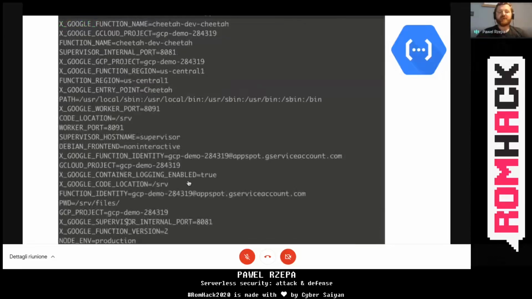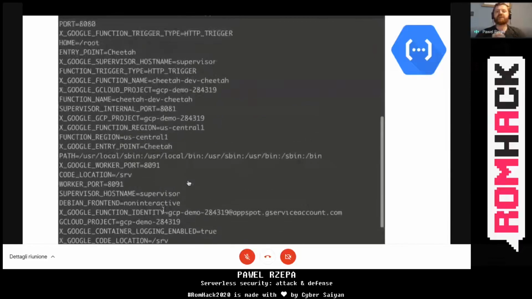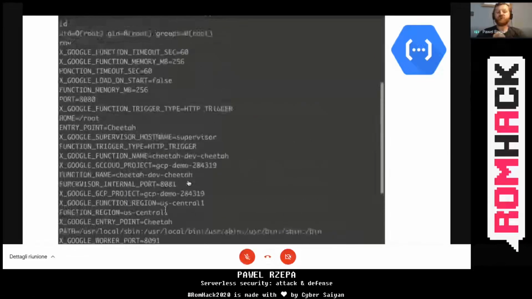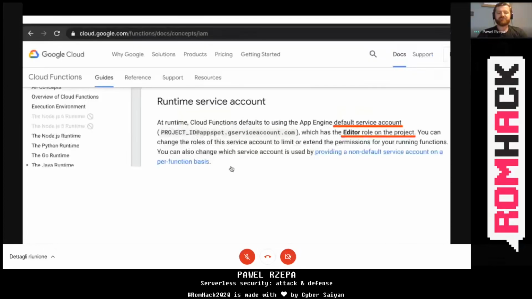If you print out the environment variables, then unlike in AWS or Azure, you will not see any secrets related to the role assigned to this GCP function. So you may think, hey, how is the GCP function authorized to access other entities like the storage resource in your GCP project?